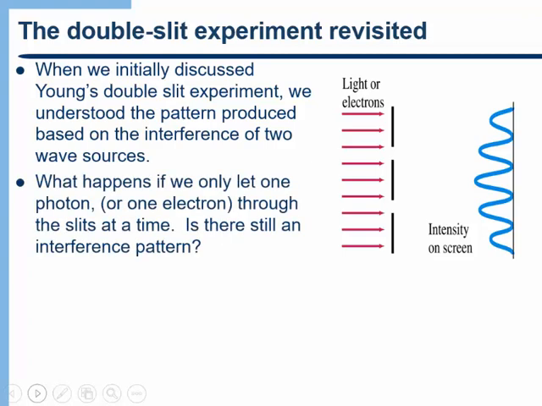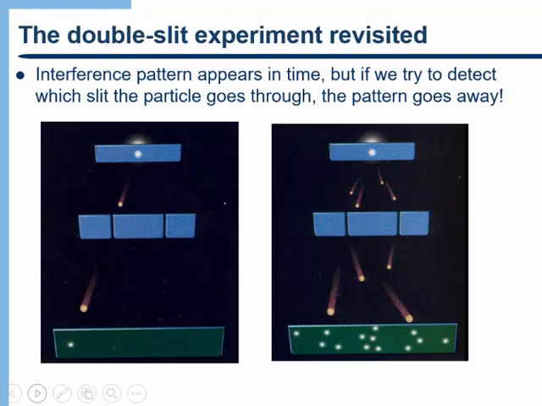So one of the questions that you might think about is, what would happen if we only send one photon or one electron through the slits at a time? You're probably thinking the interference pattern would disappear, because the electron or the photon has to go through one slit or the other. It can't go through both. But it turns out that we still get the interference pattern even if we send one photon or one electron through the double slit